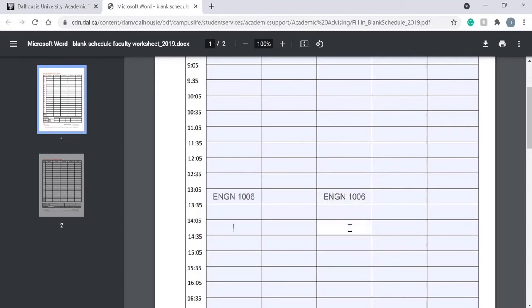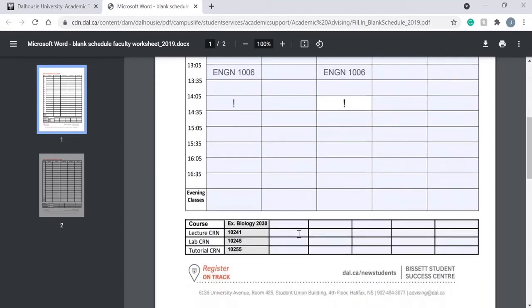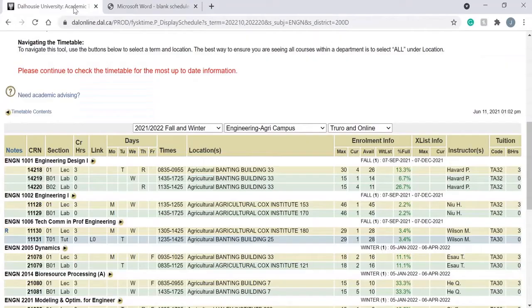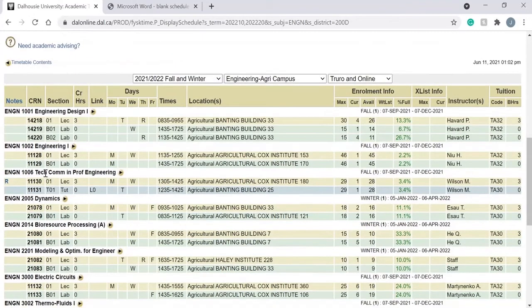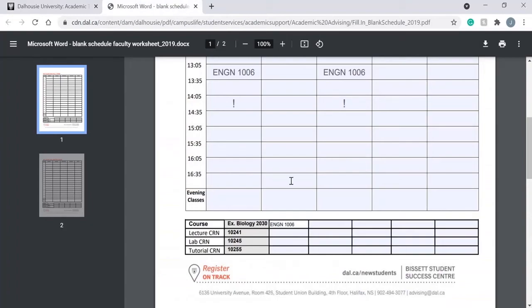And then once I have both of these in, I can head down to the bottom, again write in the course, so ENGN 1006, and we need to find the lecture CRN or course reference number. So the CRN is what you're actually going to use to register for your courses, so you need to be sure this is as correct as it can be. It can be found in this column, so for TechCom, it's 11130. So fill that in,